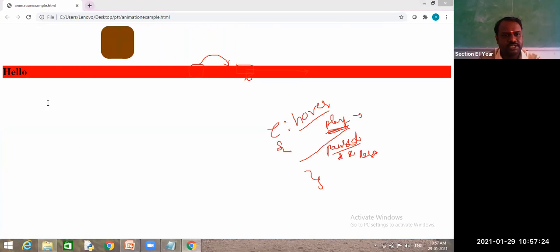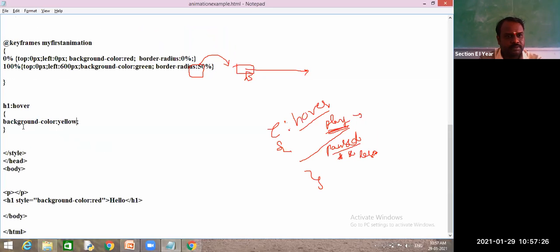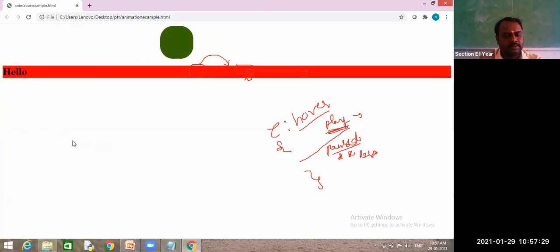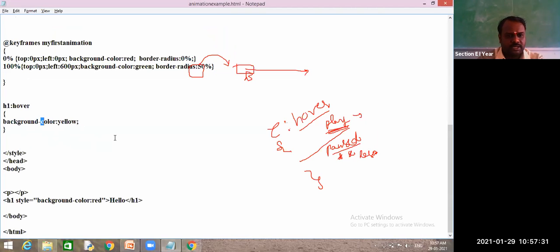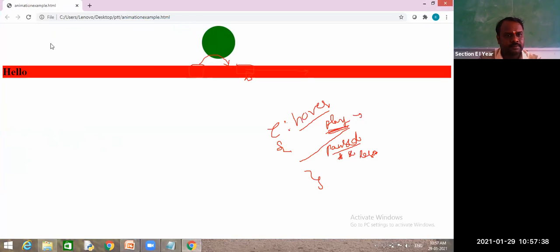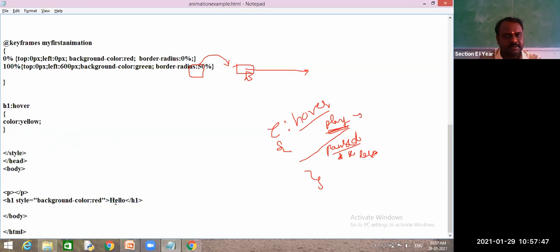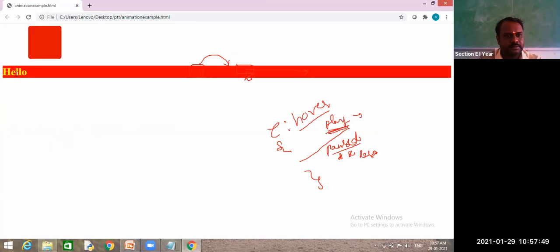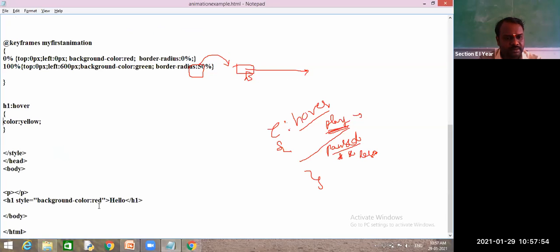Background color is not changing with hover. At least the color will change. Text color will change. Yes, text color is changing, but background colors are not changing. See, we can change the color of the text, but the background is not changing, though it should be.